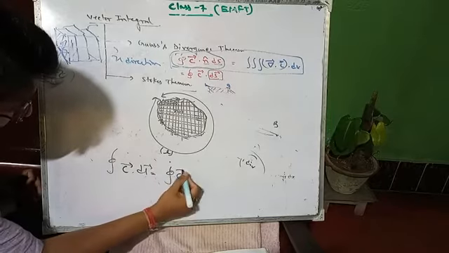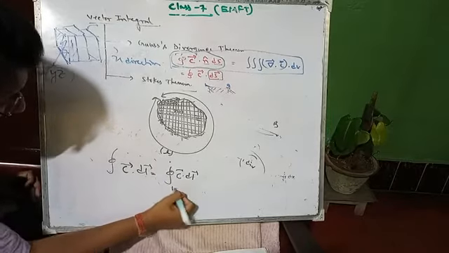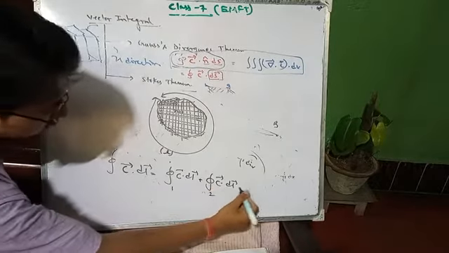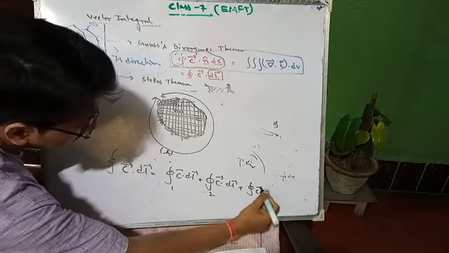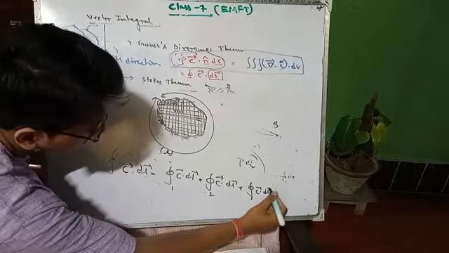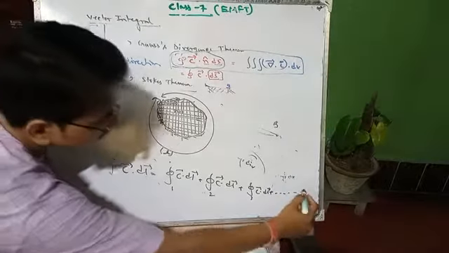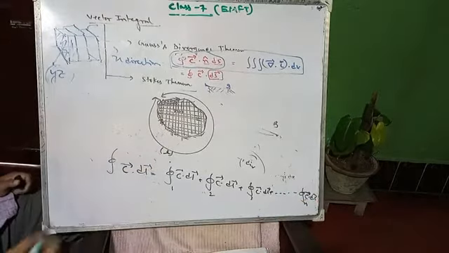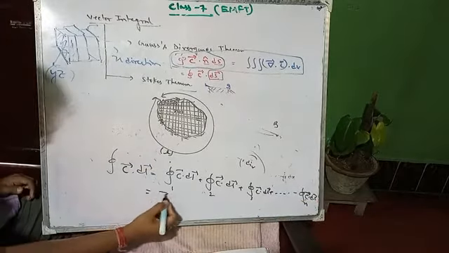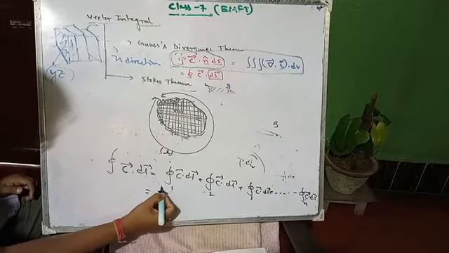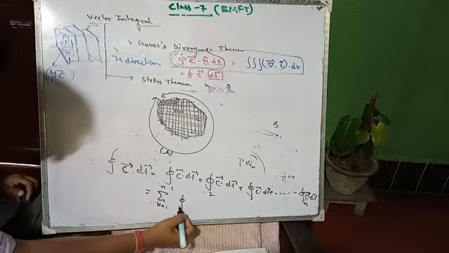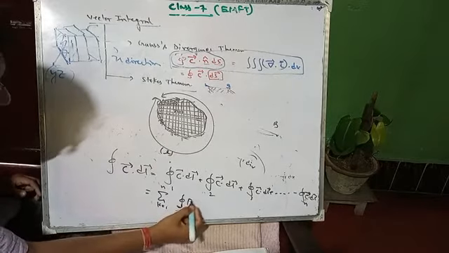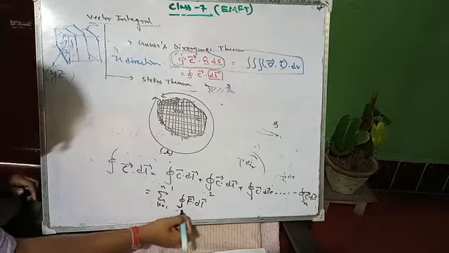C vector dot dl vector over the first one, plus C vector dot dl vector over the second one, plus C vector dot dl vector over the third one, plus and so on up to C vector dot dl vector n times. So what can we express it as? Summation of k equals 1 to n of the closed line integration of f dot dl over k.